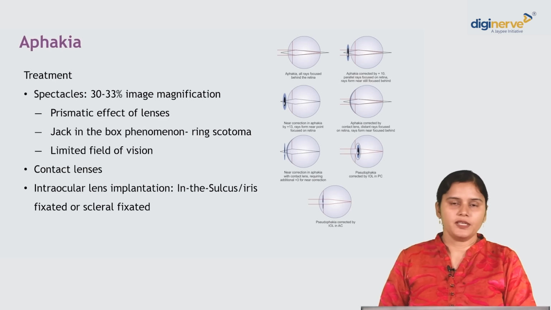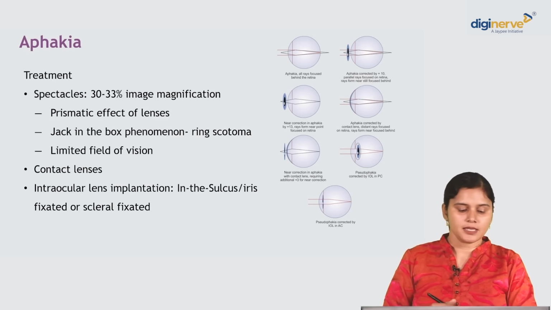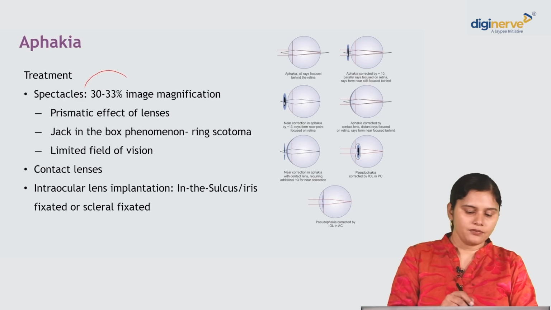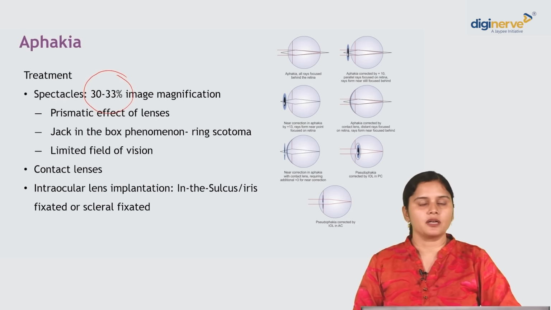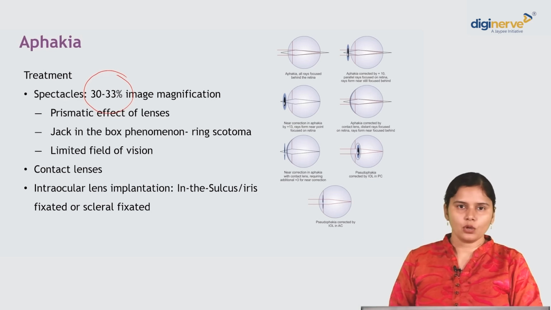Now coming to treatment of aphakia. Treatment of aphakia can be done with spectacles, because you're giving such high powered spectacles. There is a lot of magnification of image that can usually happen, around 30 to 33% image magnification. Image usually looks very large. So when people are moving on the stairs, people might slip, and the falls can be related